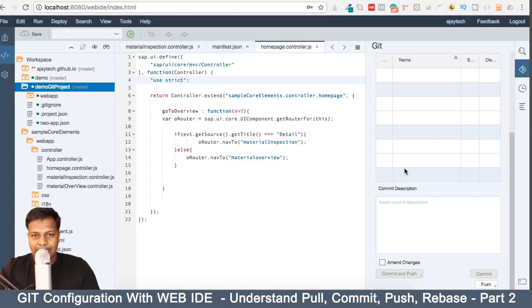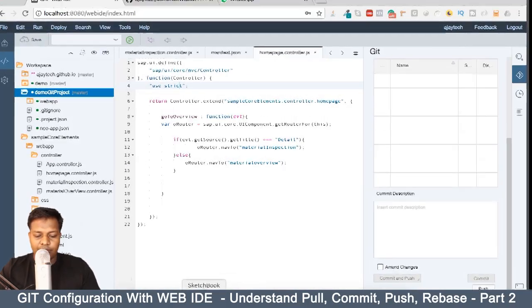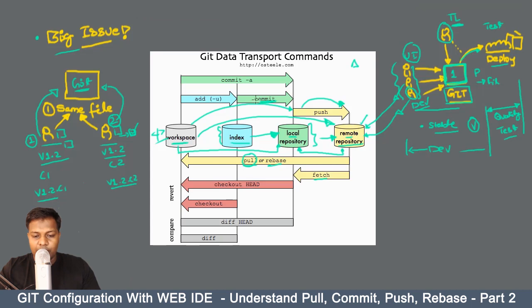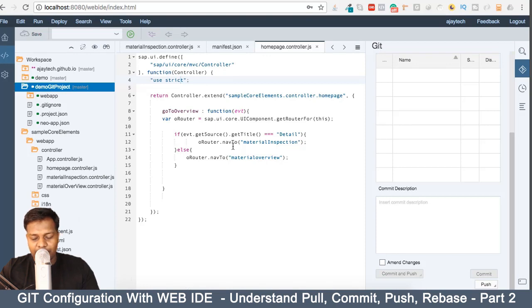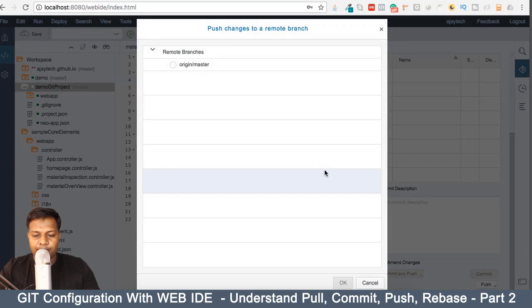Changes. Now what's happening? If we refer to a diagram here, when we commit, this is just put into our local repository, and once we have the changes in the local repository, then we have to do one more thing, which is push to see the changes in our remote repository, in this case GitHub. So let's do that, and we are going to push it to a remote branch, and the origin master is what